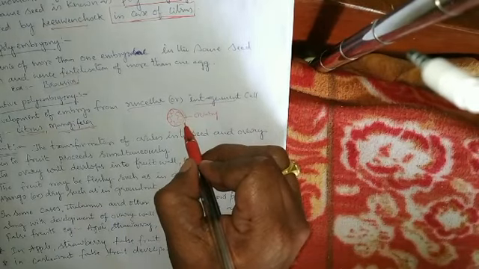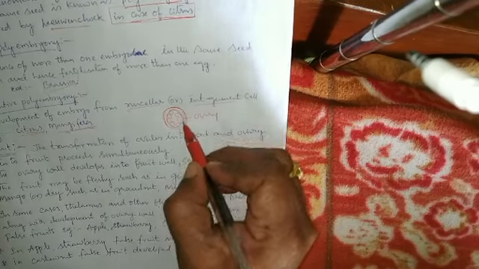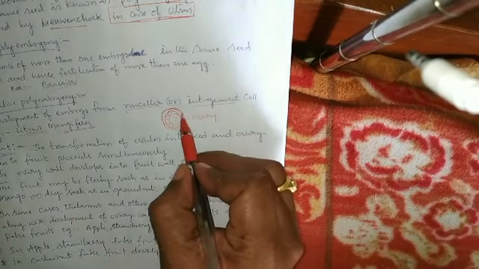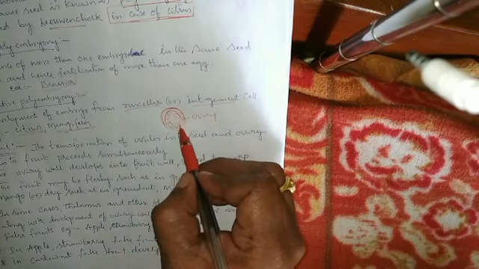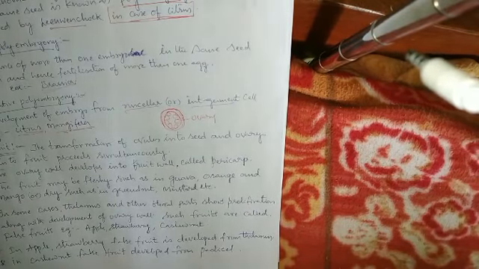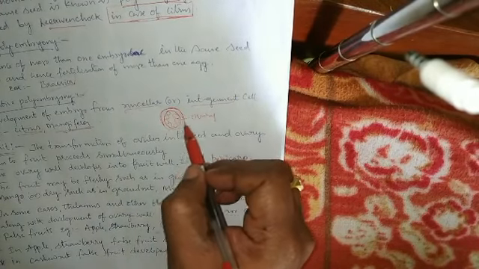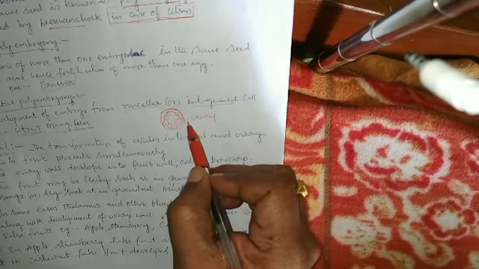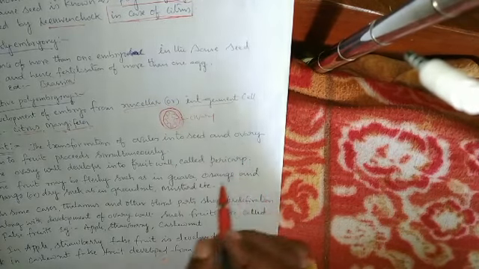So the ovary is covered by a wall, the ovary wall. This ovary wall is modified as a pericarp, which is the fruit wall. The entire ovary is modified as a fruit. Inside the ovary, ovules are present. The ovules are modified as seeds. So the ovules are the seeds present inside the ovary of the fruit. The ovary wall is modified as a fruit wall, that is, a pericarp.